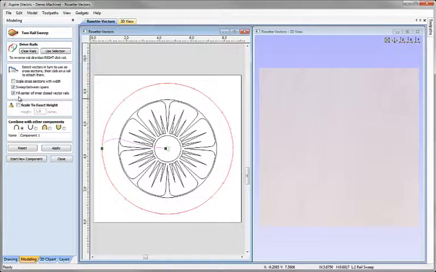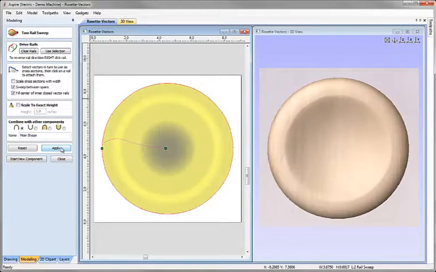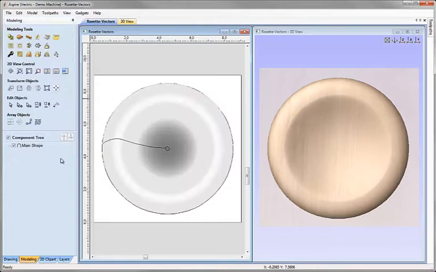From within the form itself, I'm going to make sure Scale Cross Section with Width is unchecked, and that Fill Center of Inner Closed Vector Rails is checked. So make sure this last one is checked here. I'm going to make sure Combine Mode is set to Add, which is the first option, and we'll give this a name, Main Shape, and hit Apply. Now we can see that shape has been constructed in our 3D view. We have a preview in our 2D view. If we go ahead and hit Close on the form,